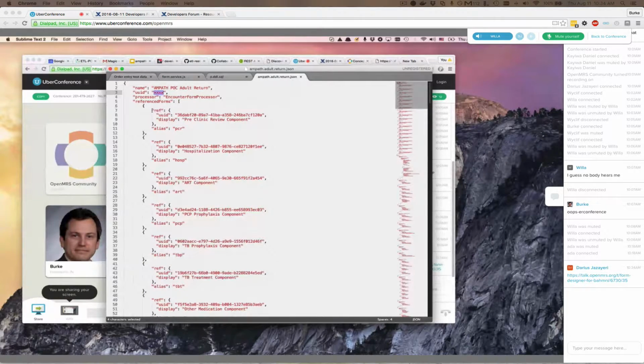We adopted this convention of using a ref, which is the UID of the component, and the display. As far as the processor is concerned, the display is useless. It's mainly for humans. When they're looking at this, they can easily tell, oh, this is that component, instead of just seeing the UID. That's why we have that there. Other than that, it is useless.